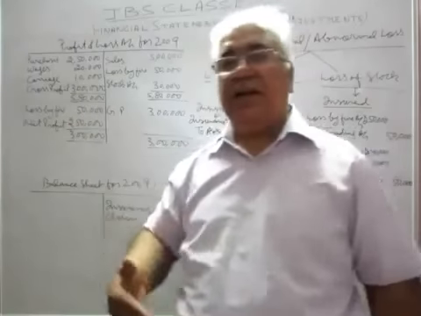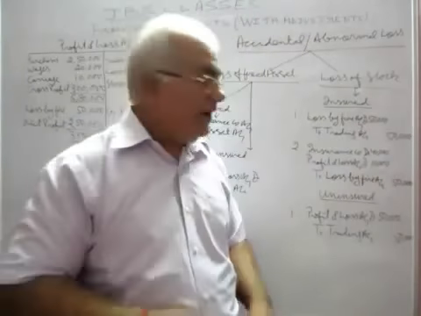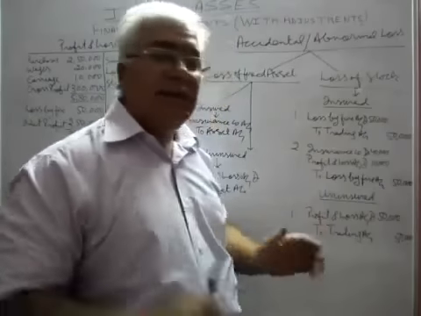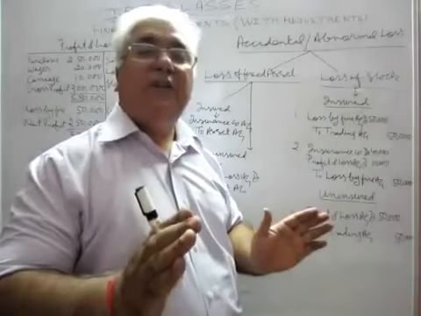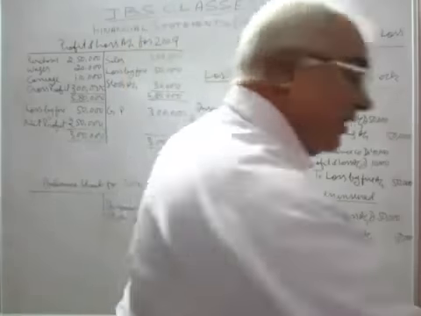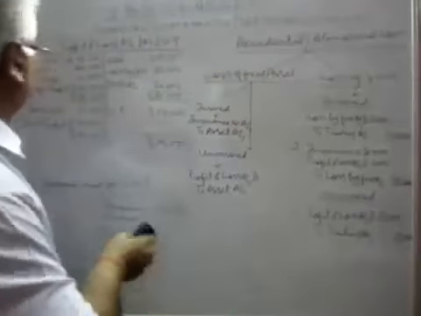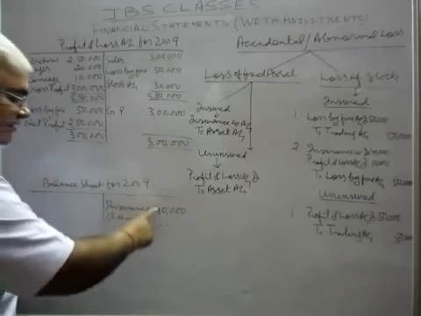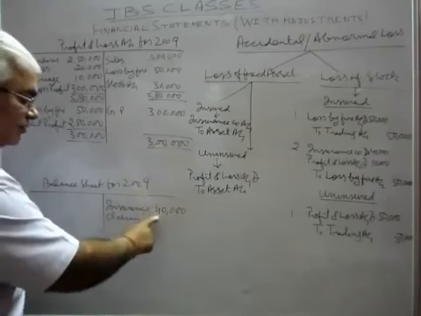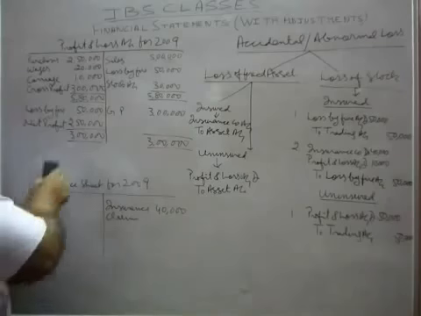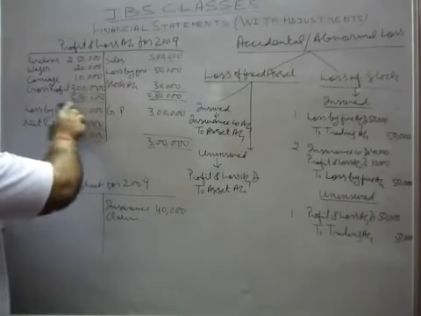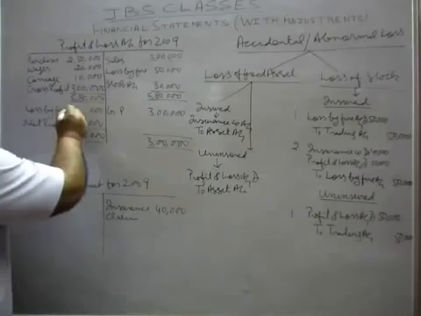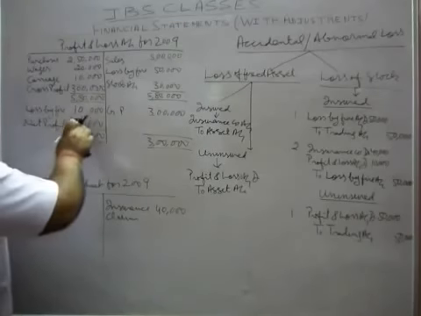But as we were discussing earlier, if it was insured and insurance company has admitted the claim up to say 40,000, then we have to bear loss only of 10,000. So in this case, insurance company will be debited by 40,000, and in the balance sheet, they will be shown on the asset side at 40,000, and our P&L account will be debited only by 10,000 rupees, and our profit will be